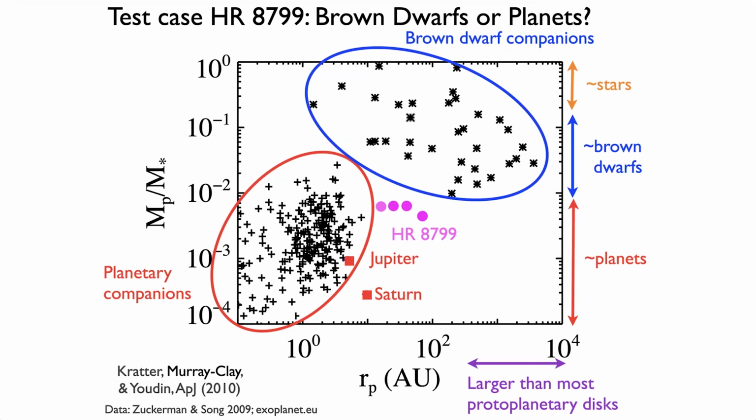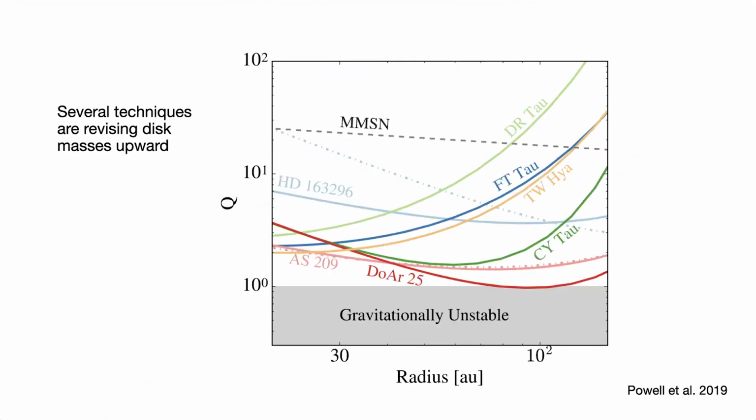And so you can ask, is this more like the planets or is it more like the brown dwarfs? And I just want to highlight that gravitational instability is possible with observed disk masses. There are a number of different techniques that are really pushing the quoted masses for observed protoplanetary disks closer to gravitational instability. This one is one that has to do with dust lines, but